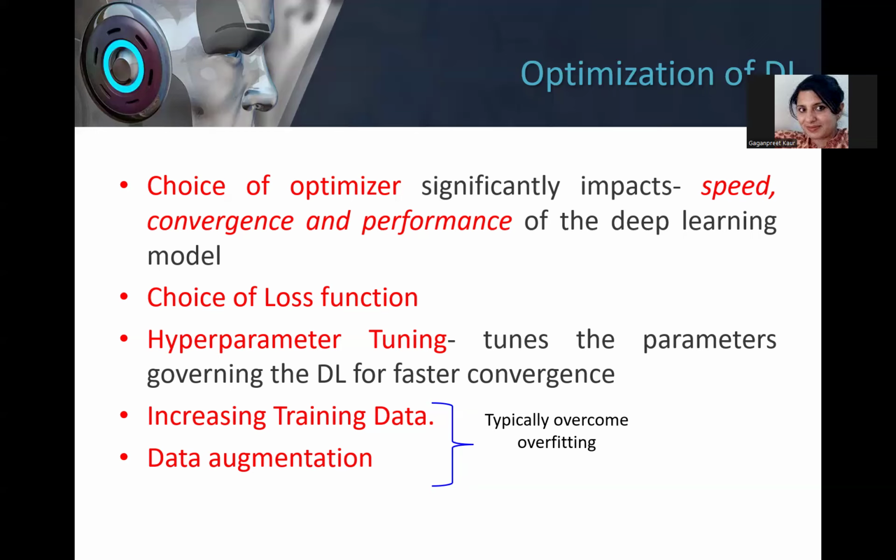Typically, we use mean square error as the loss function, or the cost or objective function, for a regression problem. Whereas for classification, typically we use cross entropy as the loss function. Apart from that, we can use the mean absolute error, MAE, also. So we have different choices on that. Though we are not covering that mathematically, we should have an understanding of what we are trying to reduce.